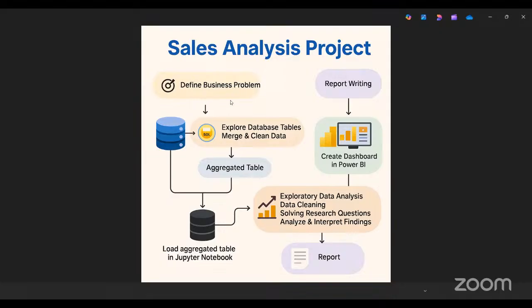Got it, guys? So the first step is we'll pull the data into the database. Then we'll push the data into Jupyter Notebook, where we will be performing EDA and all the statistical operations. Now, why is there a need to push the data into a SQL database and then Jupyter Notebook? See, guys, whatever data you are receiving from the client,